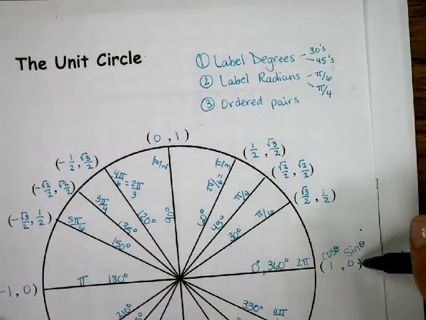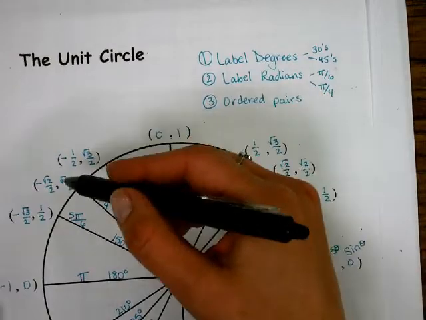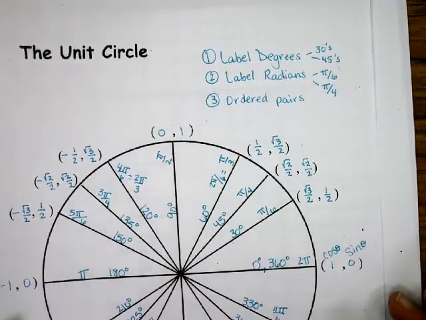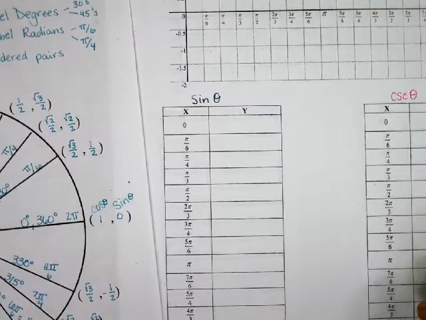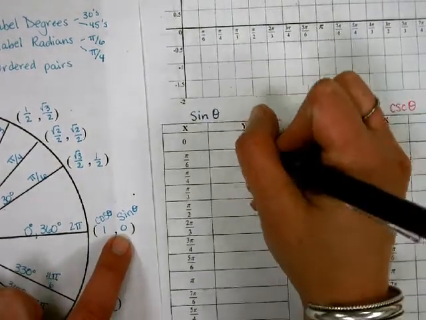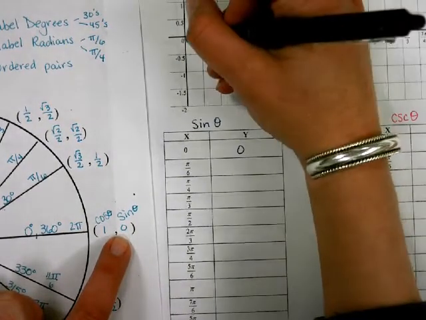So remember from our unit circle, let's start with sine. Sine is our y coordinates. So I'm going to plot all of my y coordinates around my unit circle here. Keep that off to the side and look at it. When I start at sine, the sine of 0 is 0. And so I'm going to plot that on my